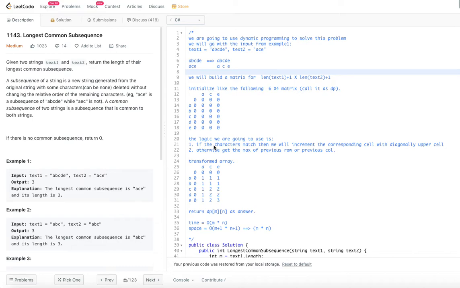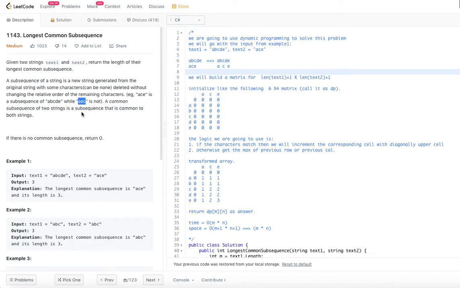So the thing that we need to understand here is that the order matters, right? As said in the example, ACE is a subsequence of ABCDE, while AEC is not, because after A, E came and after E, C came. But in the original sequence ABCDE, ACE is the order, while AEC is not. So the order also matters in the subsequence. Whatever string you say is a subsequence, it should satisfy both strings.